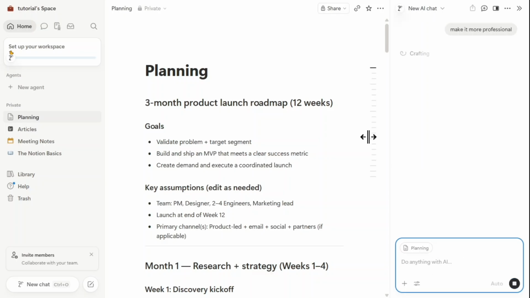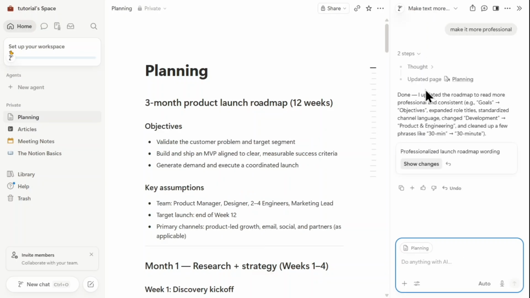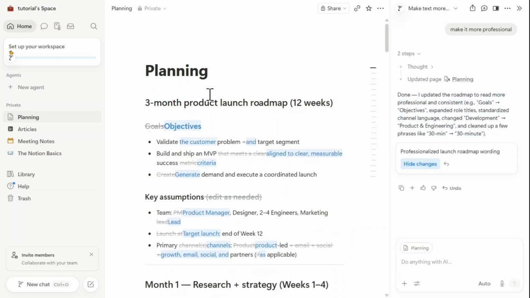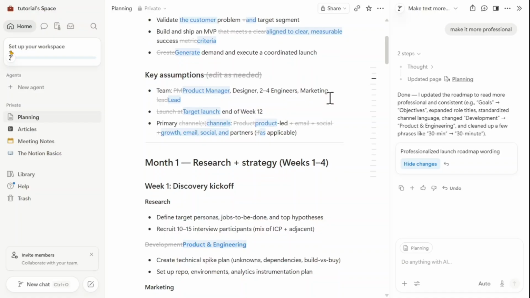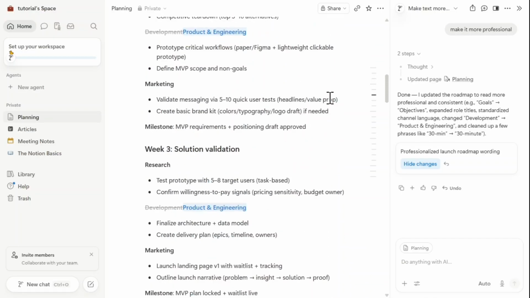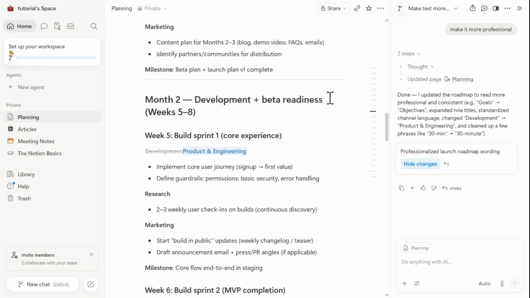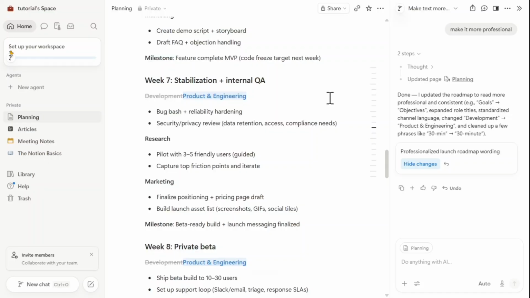The AI instantly refines the text to be much more polished. A side panel opens up detailing the specific modifications made to our goals, objectives, and industry language. We can click on Show Changes to see the precise edits directly inside the document, and then click Hide Changes